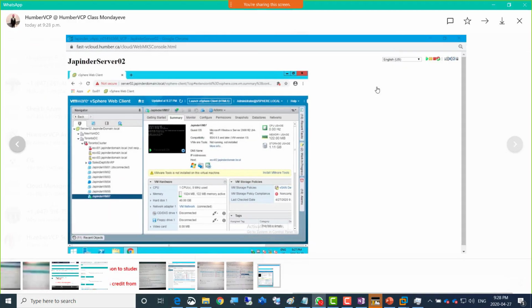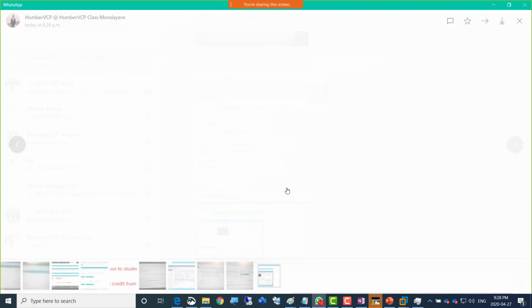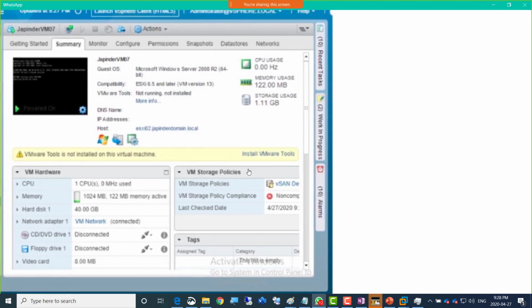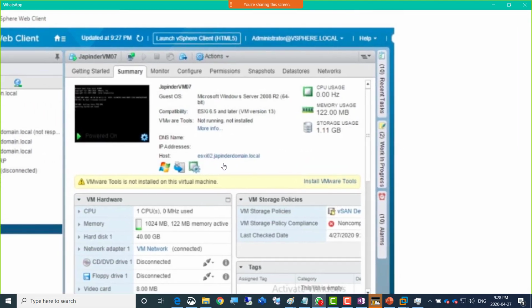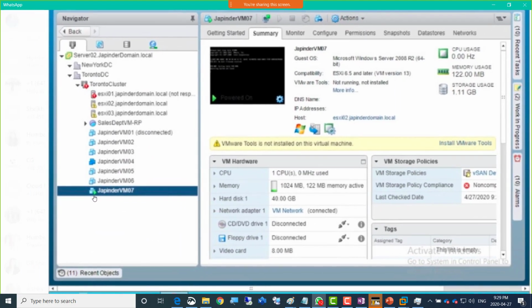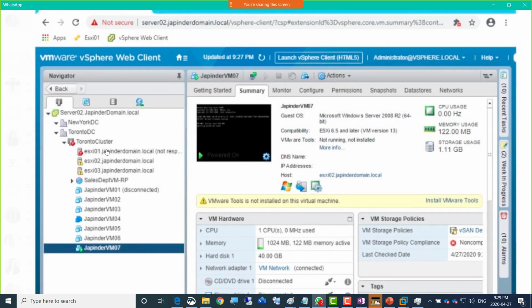So the vCenter is showing it's on E6i2, it is powered on, while E6i1 is shut down. So okay, that's very good. Thank you, sir. And yeah, it is on vSAN data store. You can see this vSAN data store here is the data store of this virtual machine. It is on E6i2, and the virtual machine is powered on right now because there's a green play button here, while